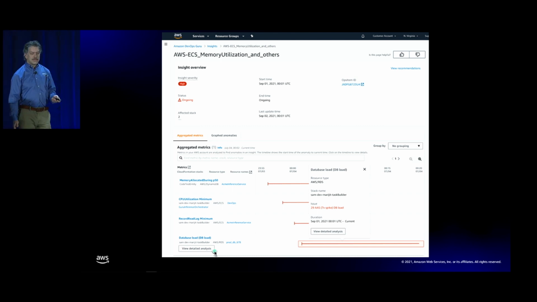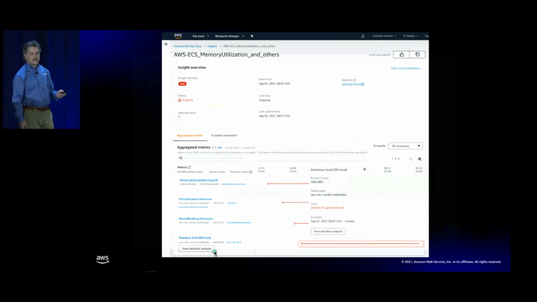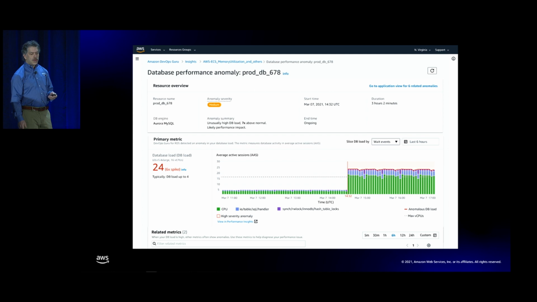You'll also see that there's a special button on that RDS metric that shows you that there's a finding, and it invites you to go and view that detailed analysis. This is your indication that DevOps Guru for RDS has been triggered, and more analysis of that specific database component of the anomaly is available in DevOps Guru for RDS. Once you click on that, you'll be taken to this page. This is the detail page where you'll see the full extent of DevOps Guru for RDS.